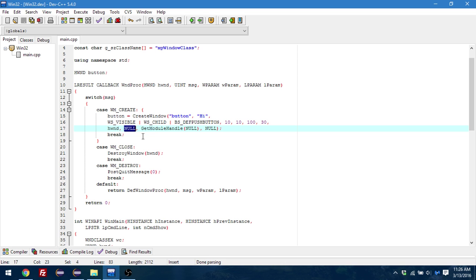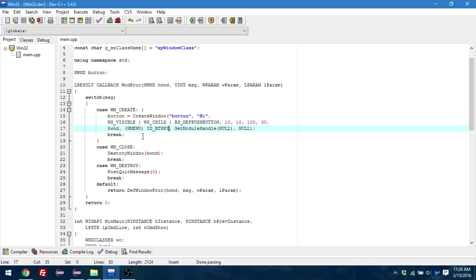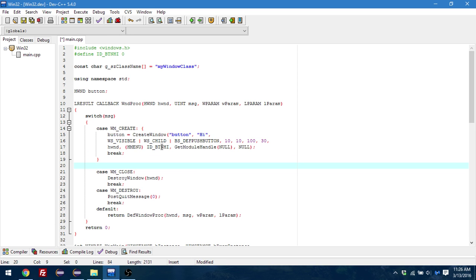And over here, we can do HMENU ID_BTN_HI, because that's what we called it up here. So it's going to replace it with 0, and somehow in C++ that can be cast to an HMENU. But yeah, that's still not going to do anything because we haven't told it what we need to do. But in C++, there's a special type of case for a command, which is when you push a button or do something like that. So if you do a case WM_COMMAND,